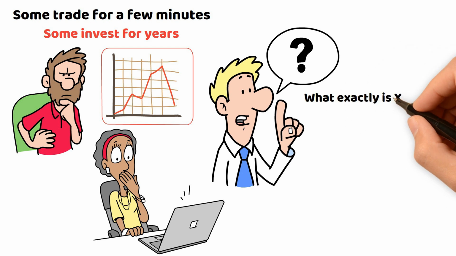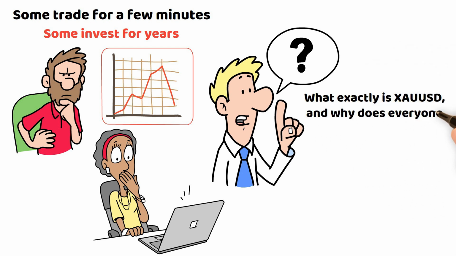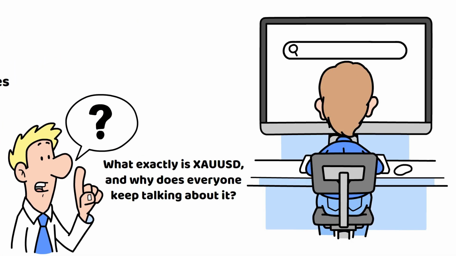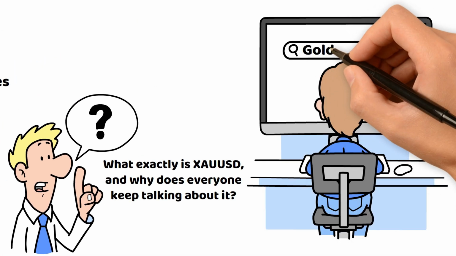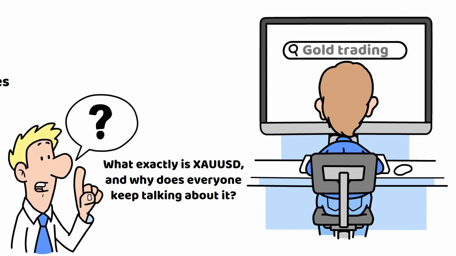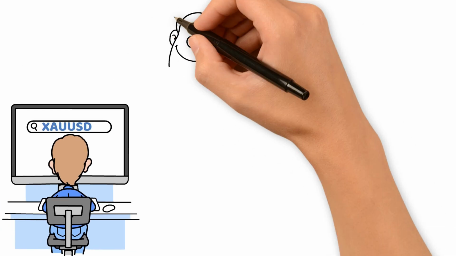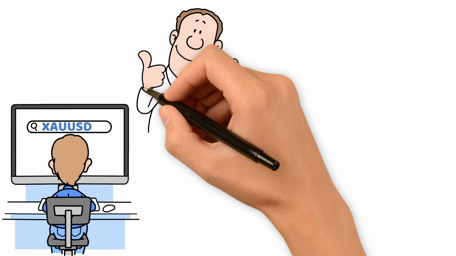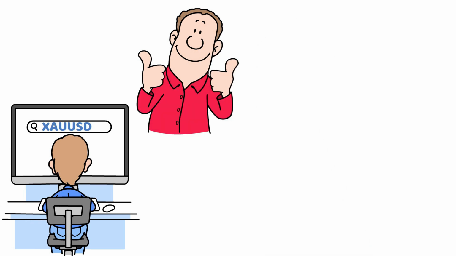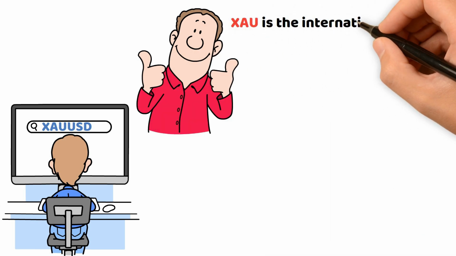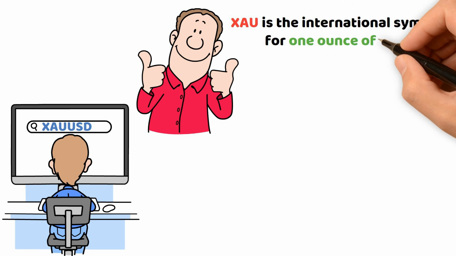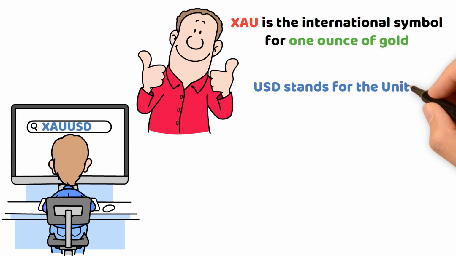What exactly is XAUUSD, and why does everyone keep talking about it? So let's talk about a word you've probably seen everywhere if you've searched anything related to gold trading. XAUUSD. At first glance, it looks complicated. But once you understand it, you'll realize it's actually very simple. Let's break it down. XAU is the international symbol for 1 ounce of gold, and USD stands for the United States dollar. So when you put them together,